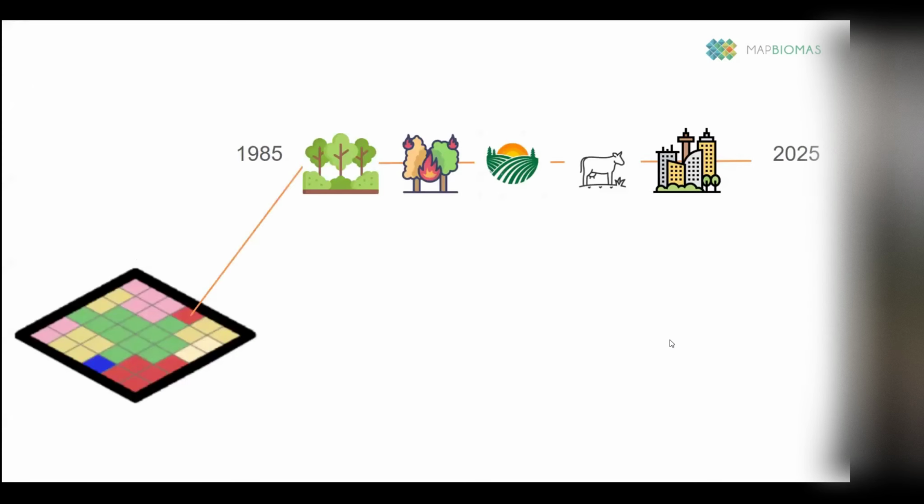So basically, you can think about MapBiomas as something that helps us look at every pixel. In Brazil, we have 9.88 billion pixels to cover the entire Brazilian territory. And for every pixel, we can see what's happening over time. So for example, one pixel could be a forest at some point, like in the Amazon, and then they put some fire on it and it becomes agriculture, and after that pasture land. At some point, it became an urbanized area, and we are able to see what's happening with it over time.